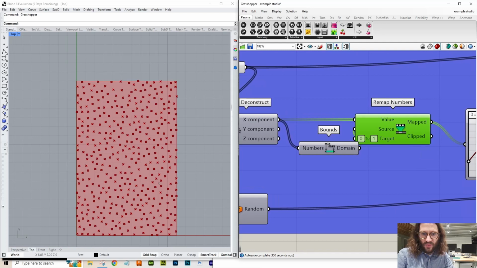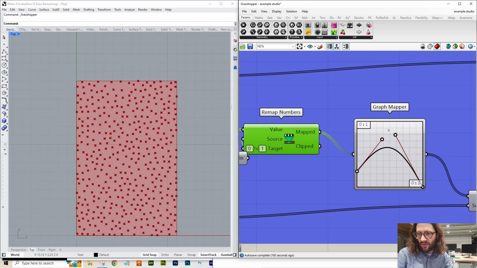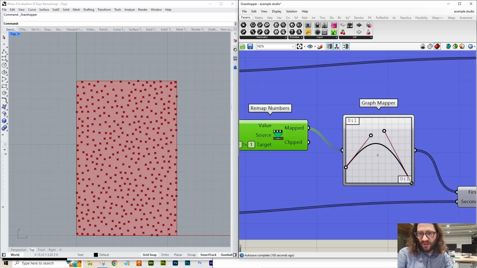to 0 and 1. The highest one is 1, the lowest one is 0. And then you can do this graph mapper here where you can play with it. So I'm going to,